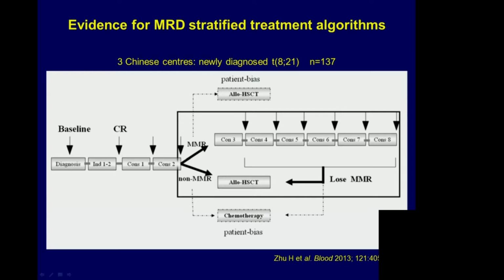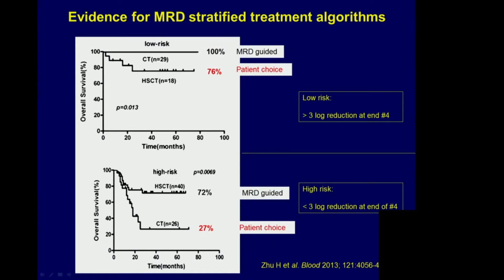So this is not a randomised study, it's clearly prone to potential biases in a number of ways. But however, the results of this are very interesting. So if we look at the top plot here, this is patients who had a favourable MRD response. And those patients on the black line at the top followed the MRD-guided consolidation chemotherapy approach, whereas those patients on this line demanded to undergo transplantation in spite of their favourable response. And you can see that they had a worse outcome, and this was statistically significant, so this is likely to